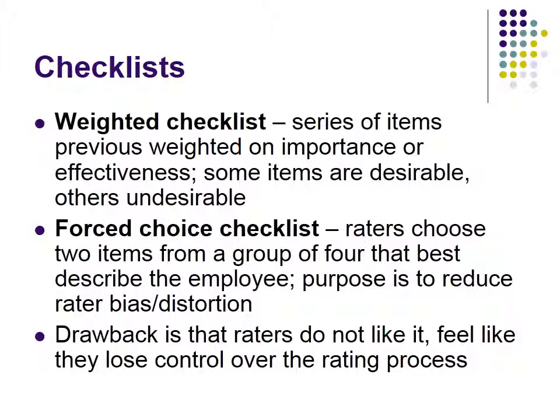For the raters, in this case, every single item is a pair of items, or 2 of 4 items. So, for example, a forced weight checklist might be that for every line you have 4 examples and you have to choose 2. The problem is there's usually only going to be one truly positive item, a couple of neutral items, and a negative item. And what's been found is that, generally speaking, using a forced checklist does tend to reduce rater bias and distortion. The drawback is generally raters do not like it.